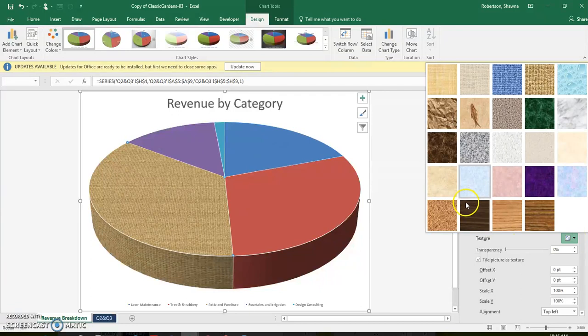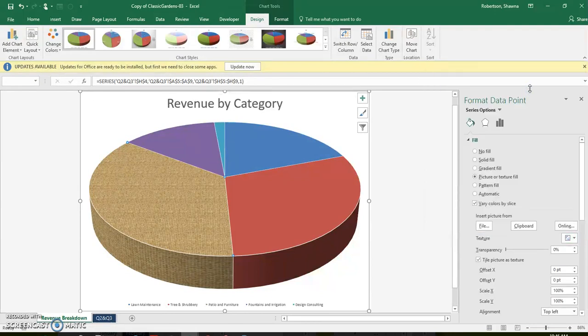What I do is use my mouse pointer, and it'll show you what the titles are. You'll see these come up in a little yellow box. Right now I'm on denim, and then here's woven matte. Looks like the fourth one from the top left. Okay, and so now we've got our woven matte texture fill, and then it wants us to add the data labels